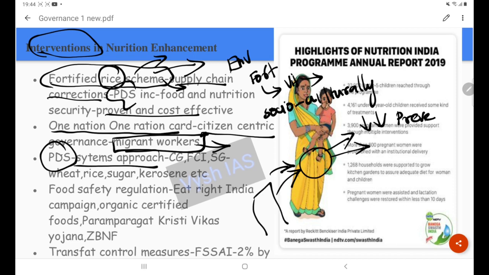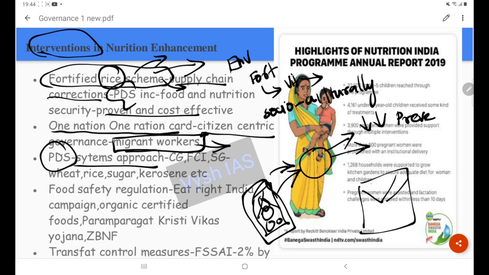See, take a human body as a system. The human body needs all the systems to function. The heart has to function, the lungs have to function, the kidney has to function. Only then is the overall health of the human body ensured. Like this, in a state, many factors, many organs of the state have to function in a coordinated and organized manner to give the desired output.